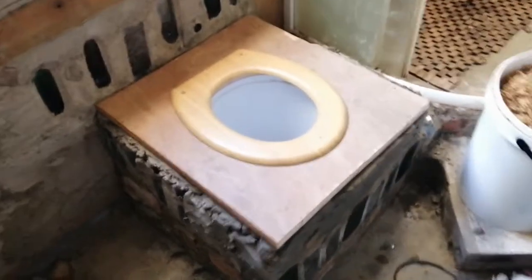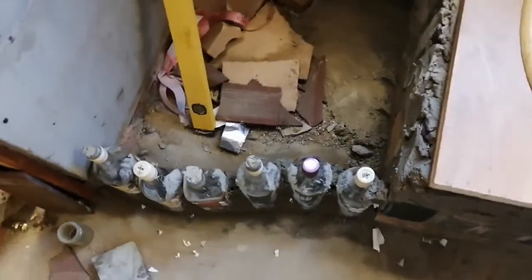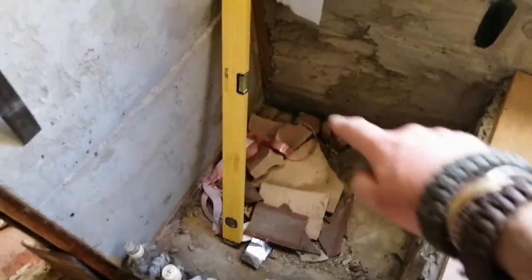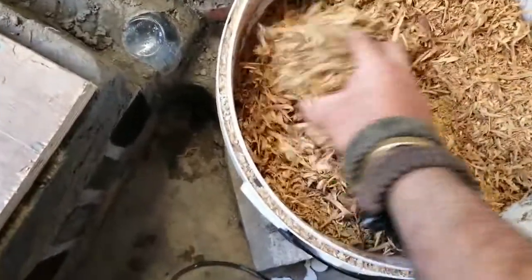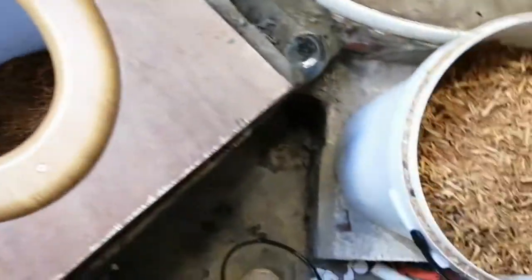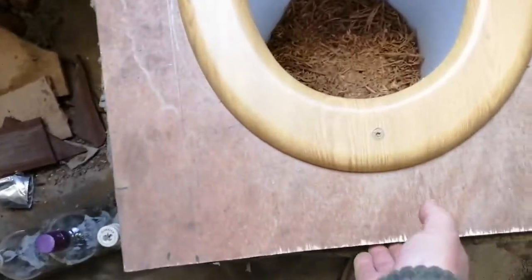Okay, so this is how far we are now. The seat and everything has been built. This part down here, you see the bottles. All of this is going to become the container for sawdust. I've got a bucket full of sawdust there now, and when you use this thing, you take a handful of the sawdust. You first deposit it in the back there, in the bottom there, and after you've used it, you take another handful and you just add it in there and you cover up. Once your bucket there is full, then this whole lid comes up,